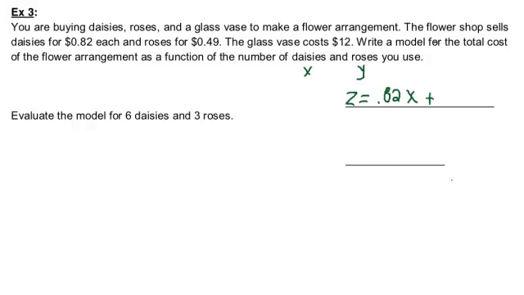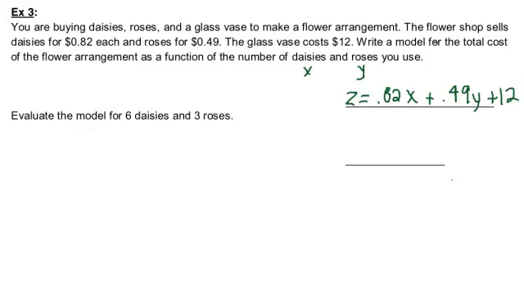Plus we know that every rose is 49 cents. So 0.49y would give us the cost of our roses. And then we also know that we're buying a vase that is $12. So we're just going to add that onto our cost. So this is our function that we are going to use,